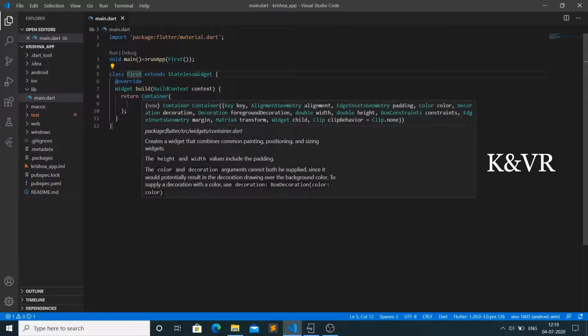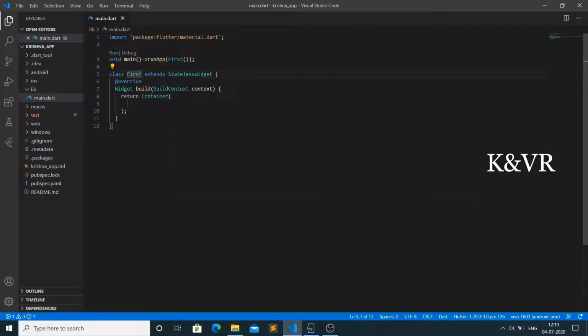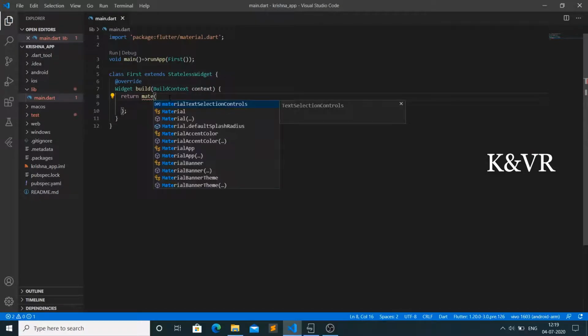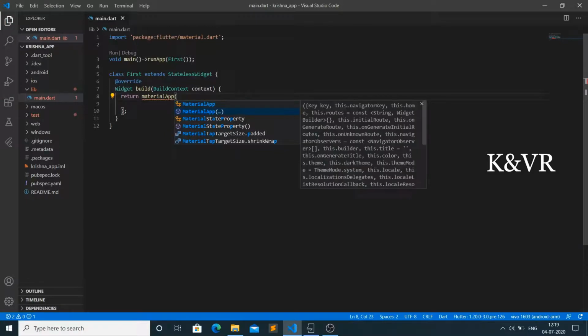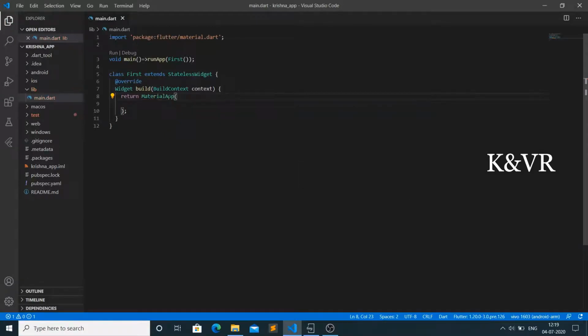We are building the context that returns a container, or else we write MaterialApp. See here, MaterialApp has come, just click on that.